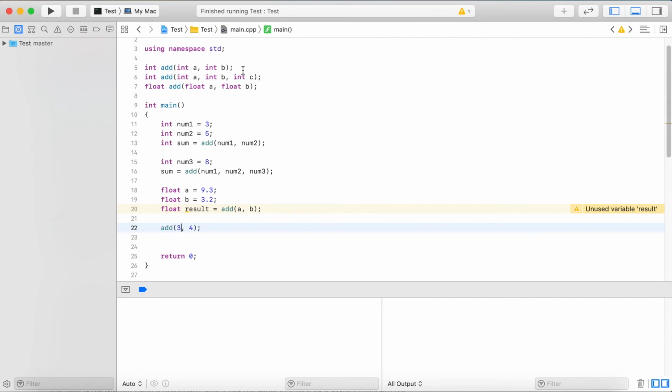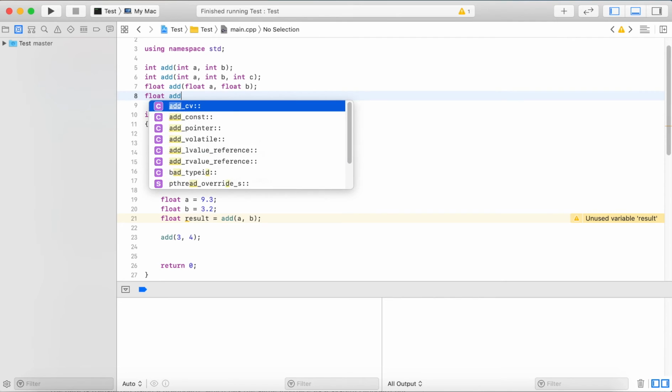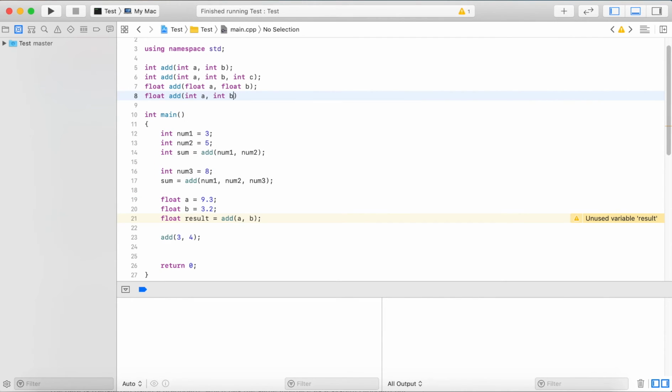So if, for example, I had something like this, which doesn't work, so if I have add A and B. And now the parameters are the same as the first one, but the return type is different. Here the compiler wouldn't know which one to call because I don't use the return type, and it's a valid function call. I can just ignore the return type, that is fine, but the compiler has no way of knowing which one it should call, and that is why we can't overload a function with only changing the return type. We always have to change the parameters. So let's remove this,